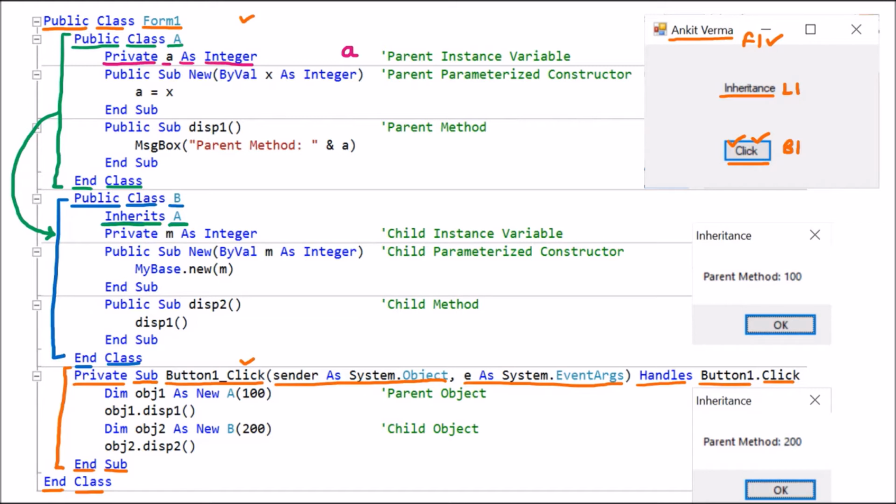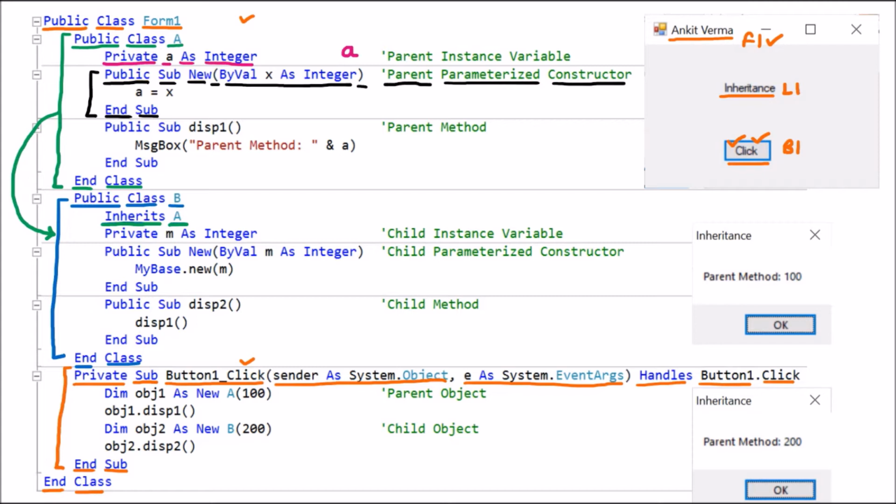Then afterward, we have Sub New. Whenever we have New with the brackets, that means it is the constructor. So here we are passing a variable also. This is the argument we are passing and this variable is x. So this x is passed as an integer type argument. So this is called the parameterized constructor. Because it is part of parent Class A, it is called the parent parameterized constructor. Public can be accessed outside, and it ends with End Sub. So this is the constructor.